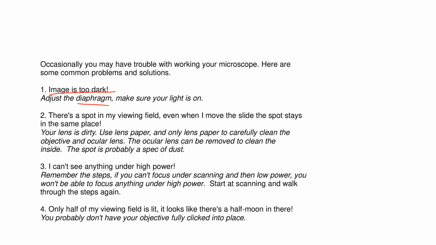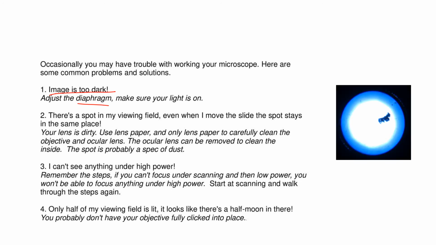Then number 2, there's a spot in my viewing field. Even when I move the slide, the spot stays in the same place. This is often because your lens is dirty. It could be the objective lens or it could be the ocular lens. So you want to use the lens paper and the lens cleaner to clean the lens. And sometimes you see things that look like that or long fibers. We call those artifacts. And those are just things that they're not cells,